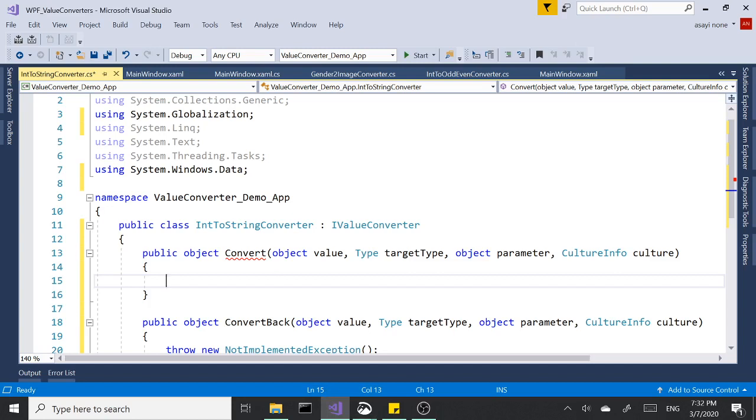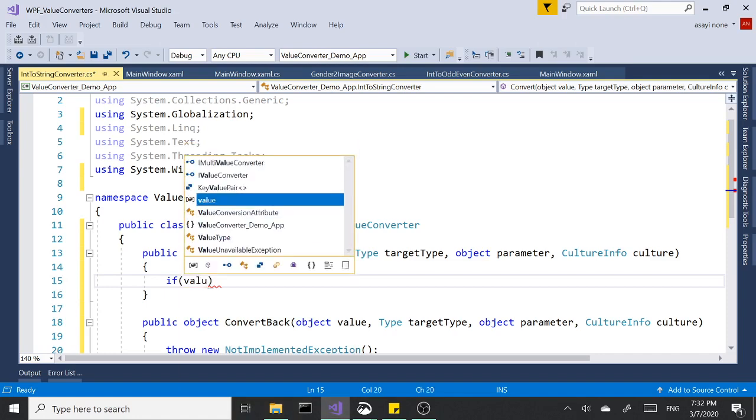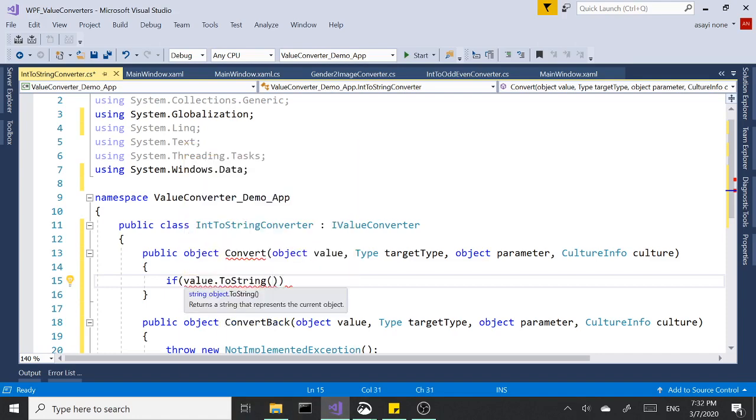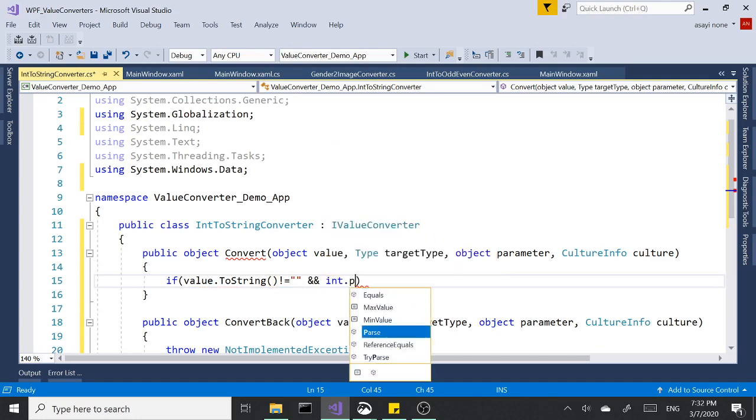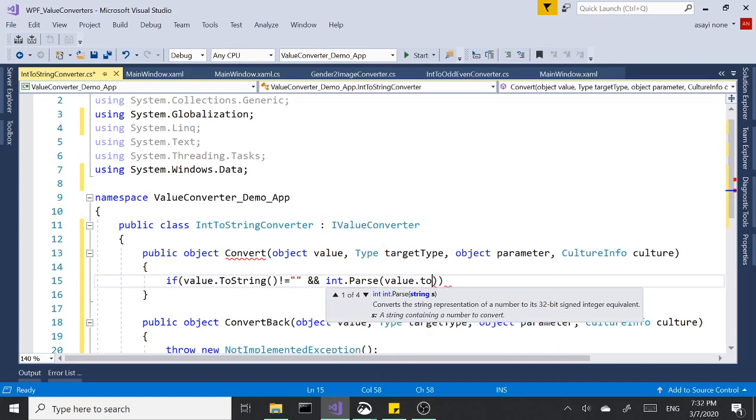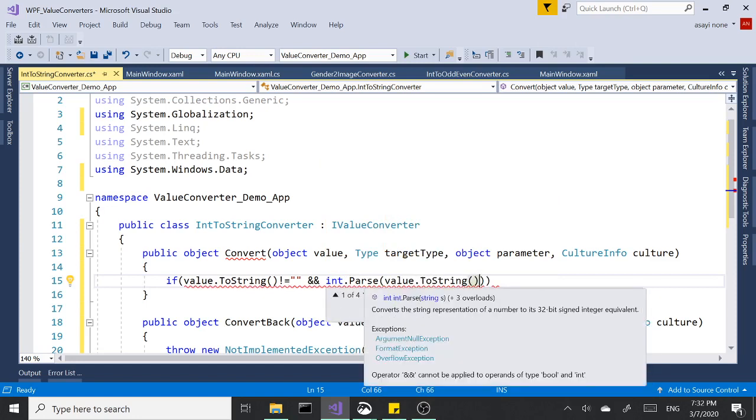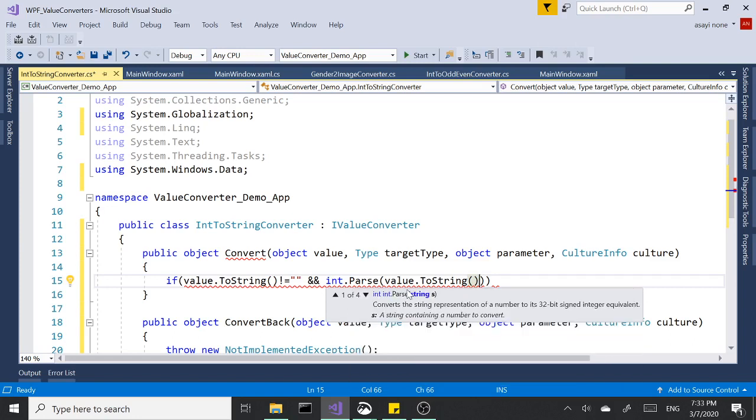So let's first create our code that's going to convert the int to string. We need this value. This is what's going to be carrying that text binding. So we're going to say if value.ToString() not equal to an empty string, and int.Parse(value.ToString()), so we're converting to parse it to integer, and say when the modulus by 2, if it equals 0,